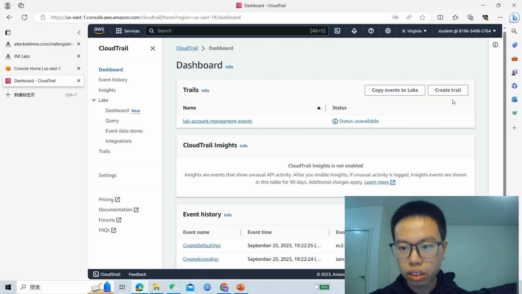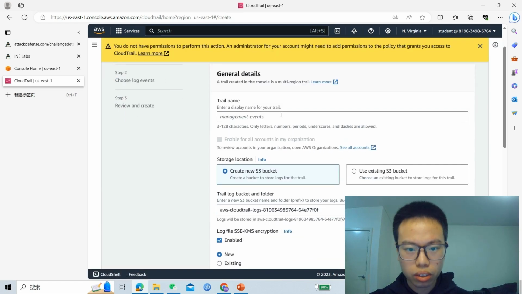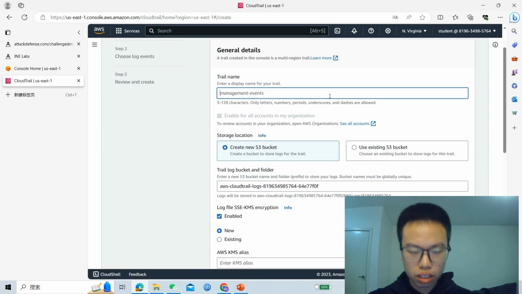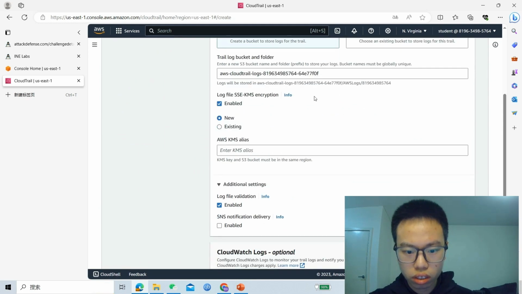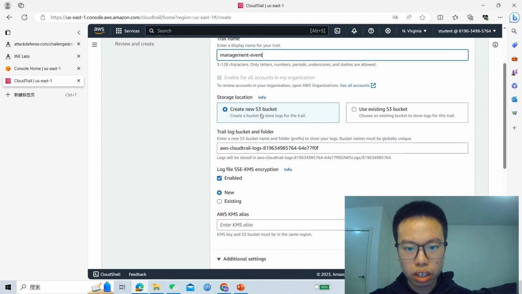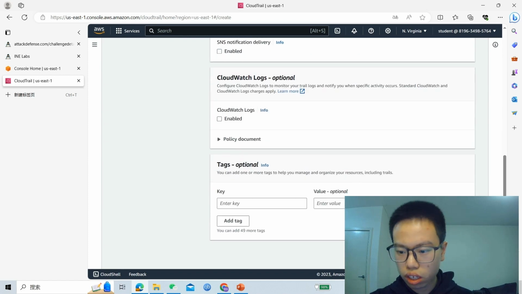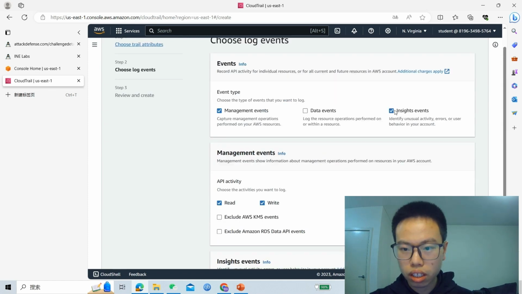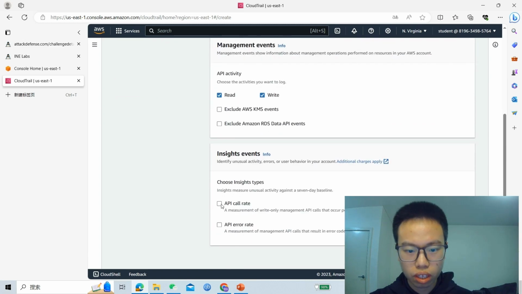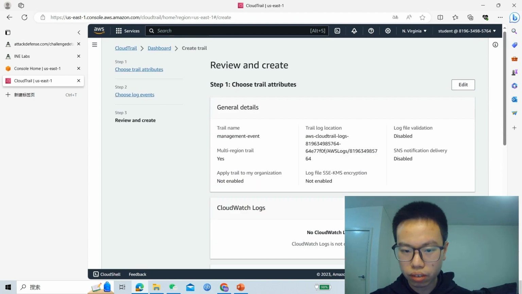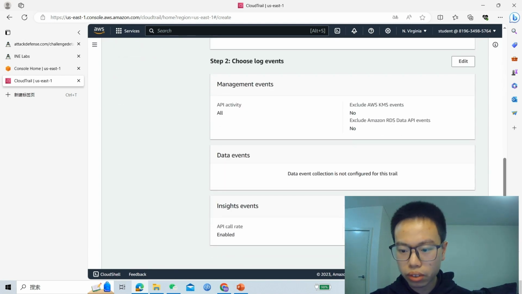So we can go to CloudTrail and then go to Create Trail. Then we can click on the management. Then we can choose the Create New S3 bucket option. Now click on the next step. Here, we must choose the management events and the insight events, and choose the API call and API error. This will record everything. Now when we choose the Create option,